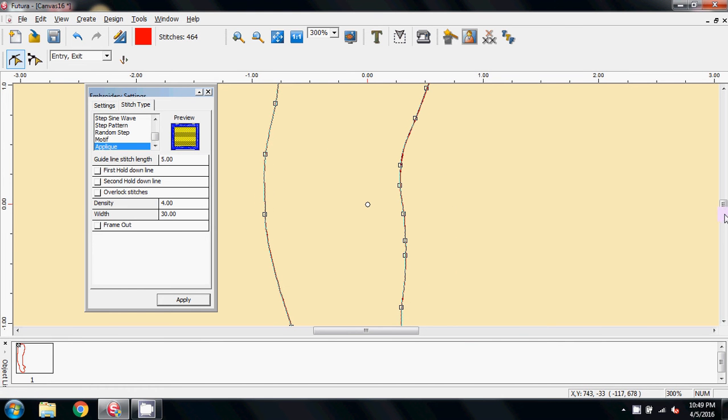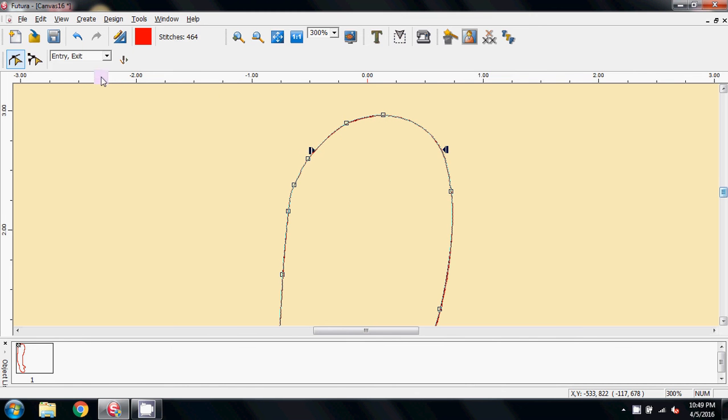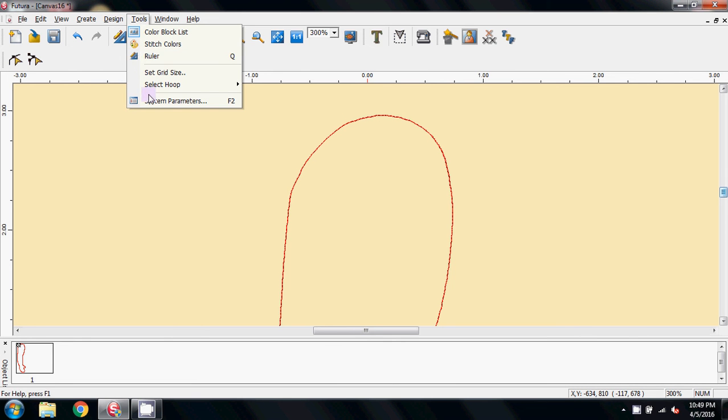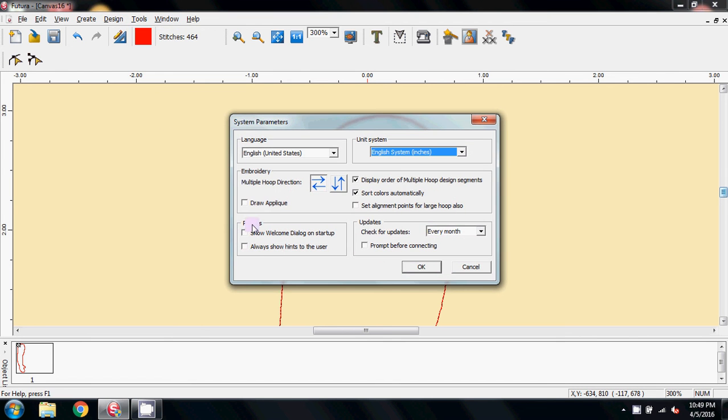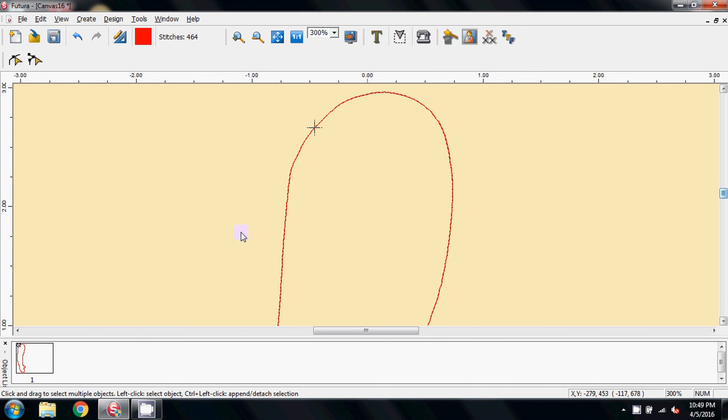Now most of you, when you do this, you will have a yellow filled background which is pretending to be fabric. I know I'm changing the subject here, but let me apply that, stitch it, turn this off and turn this off, just to show you what I mean. If we go into system parameters, you can draw applique or not draw applique. I have mine turned off, which means I don't get the yellow pretending to be fabric fill in the background. So that's just a choice that you have. So anyway, to get back to Donna's arm,